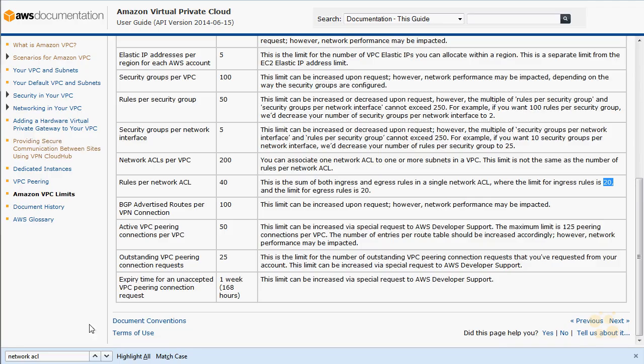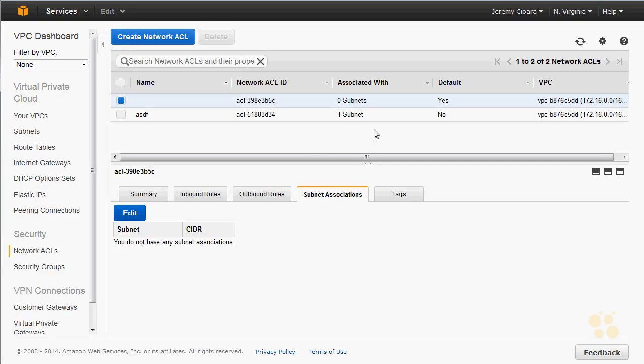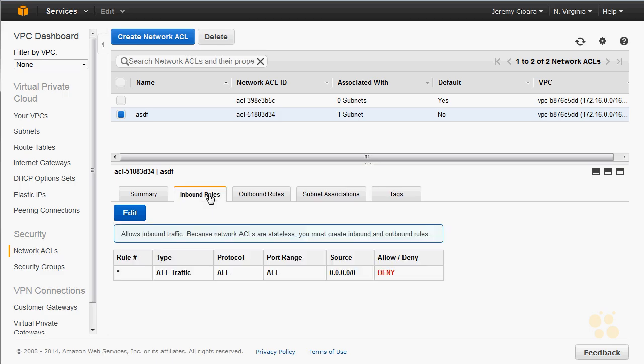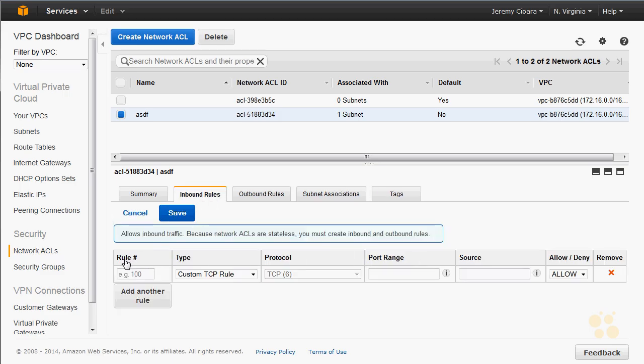Oh, one other thing just popped in my head. When you're looking at these rules, and let's just look at ASDF, and you add a rule in here, you'll notice that it comes up with a rule number. So it says, for example, 100, 200, or 150, or whatever rule number you want. This can be anything from 1 to 32,768. It's a binary thing, right? So I can type in whatever rule numbers I want, but remember, it processes through the lower number rules first, right? So you want to put your most common matches at the top, and you want to leave yourself some